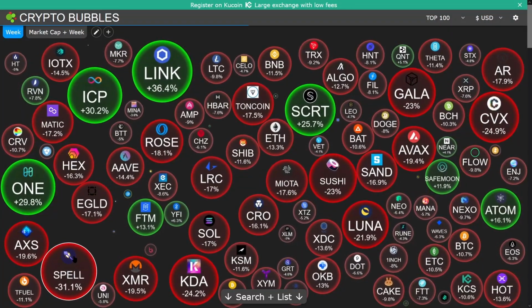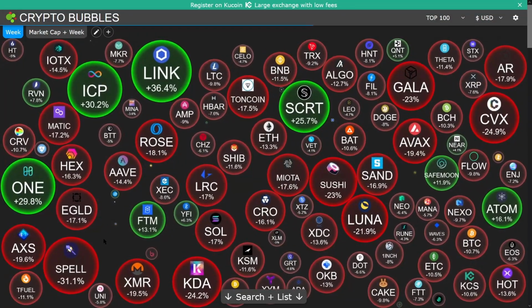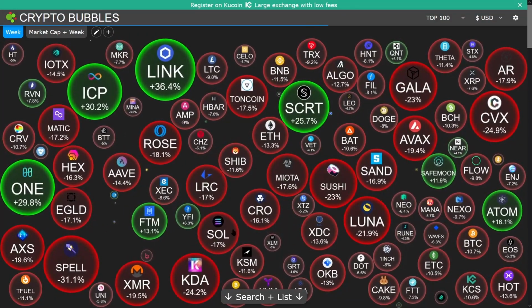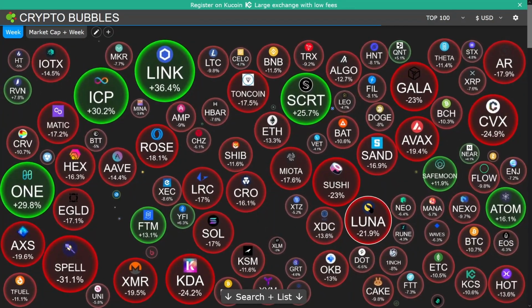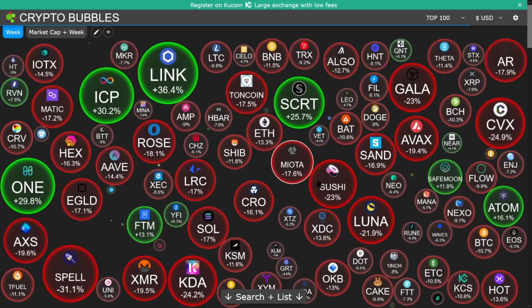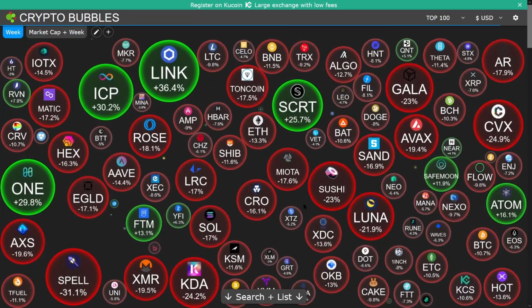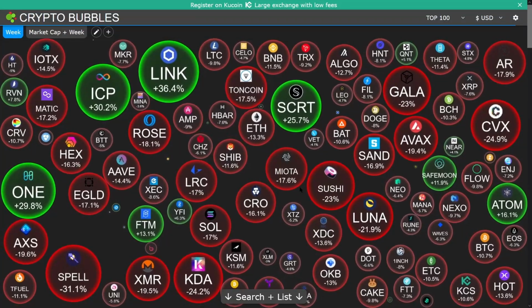We have Spell experiencing 31% in downside. That is going to be the most downside we're going to be seeing here. It would appear everything else, except for a handful of projects here, is experiencing less than 20% in downside. And in crypto, in my opinion, this is very normal price action for crypto currently, and I still believe huge